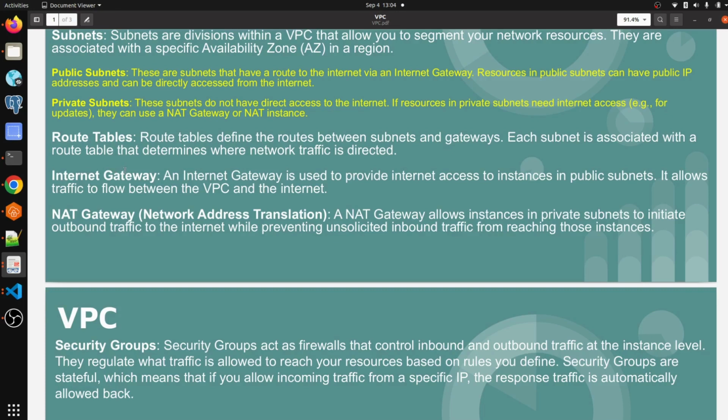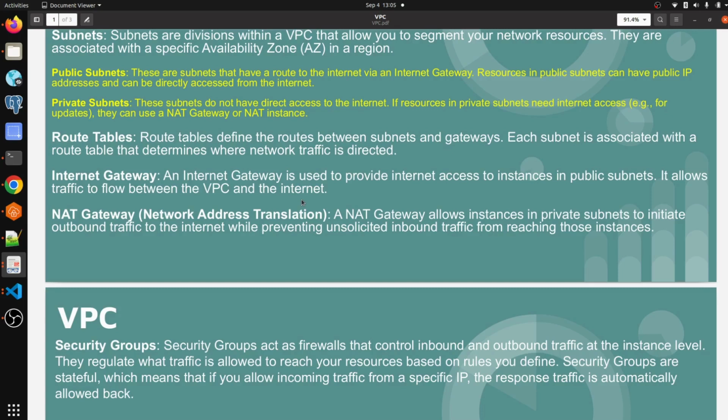Internet gateway: an internet gateway is used to provide internet access to instances in a public subnet. It allows traffic to flow between the VPC and the internet. So whenever we want to interact with the internet from our public subnet, we have to use an internet gateway.